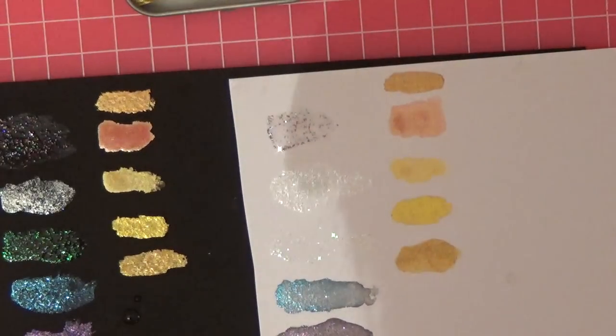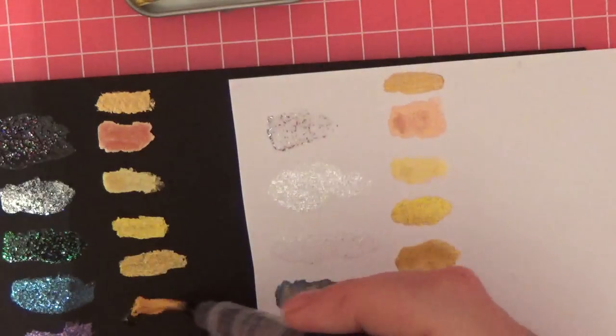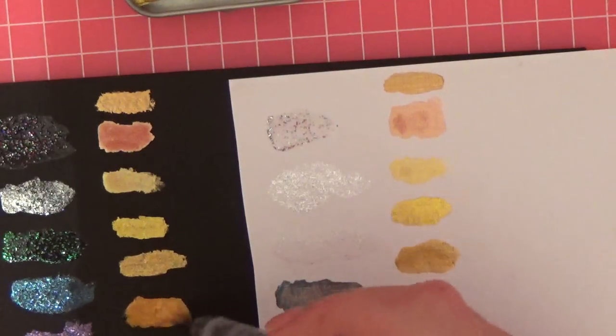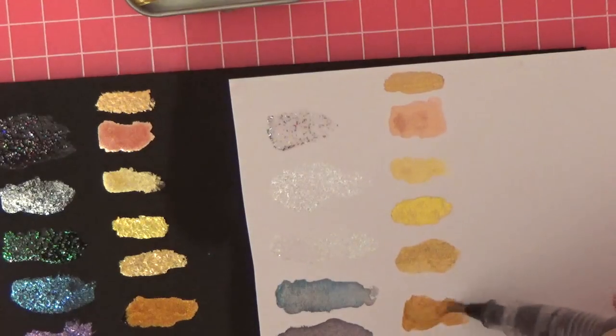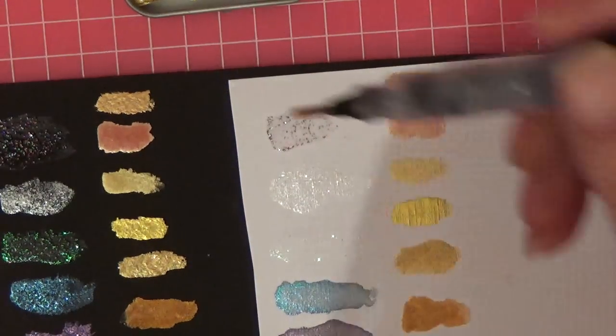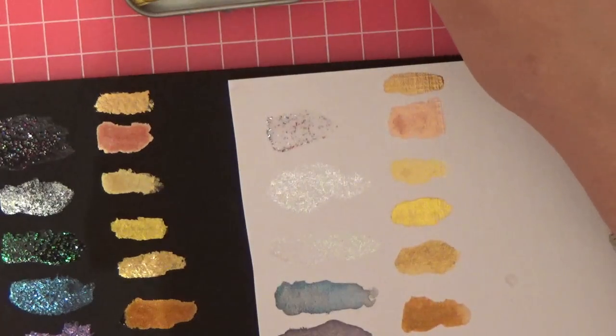And the last one here, I think this is, I'm going to call it rusty gold. I'm not sure what it's supposed to be. I've got a bit of water there. Oh, gorgeous. So I'm going to blop these on while I can